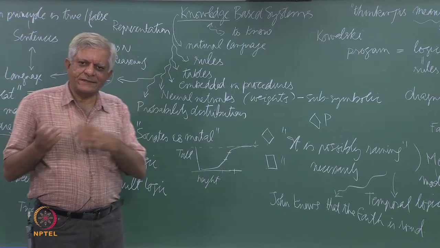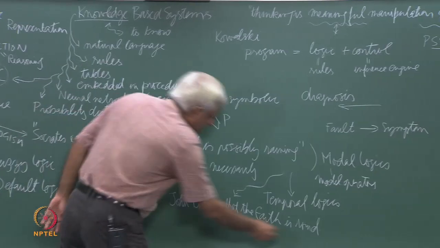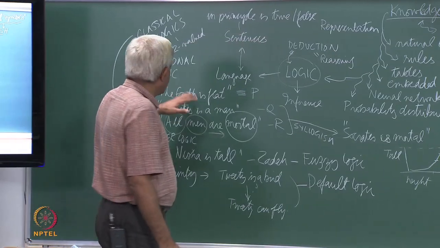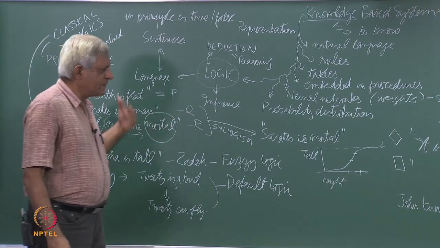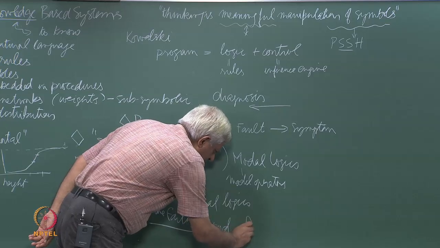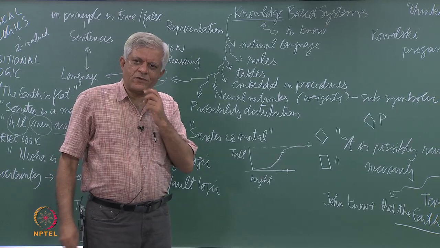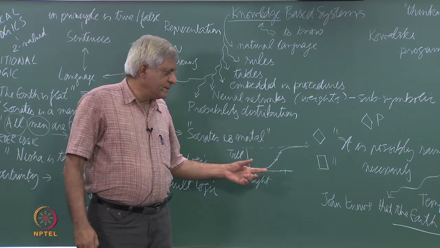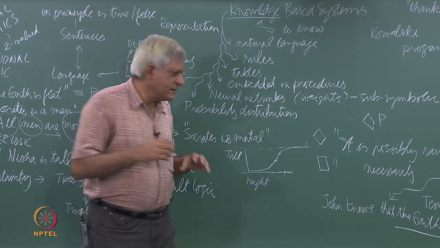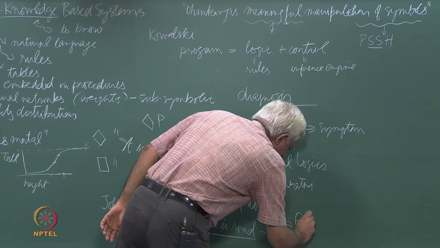This sentence contains a sentence. So, that is the first thing you should observe, that there is a sentence inside this, the earth is round, and okay, well I had P here. So, let us call this P1. Now, what I am saying in this sentence is that John knows P1 essentially. So, such logics are called epistemic logics,